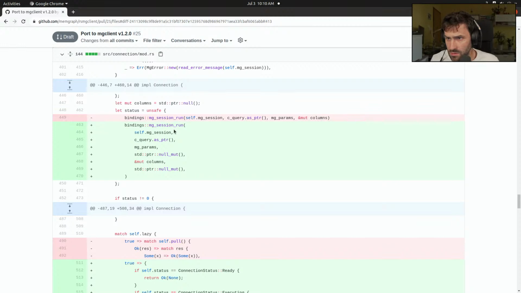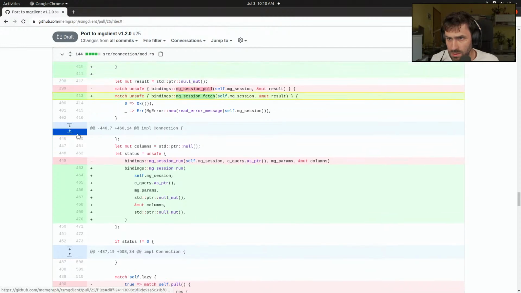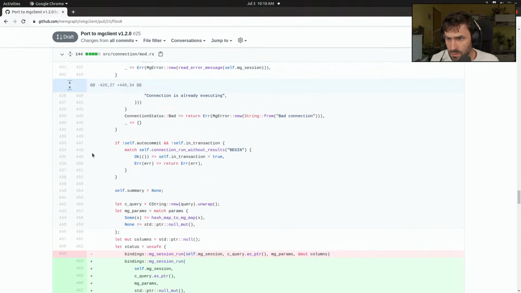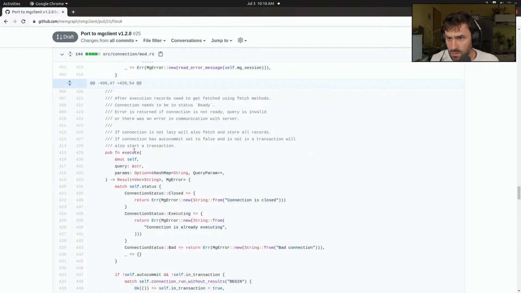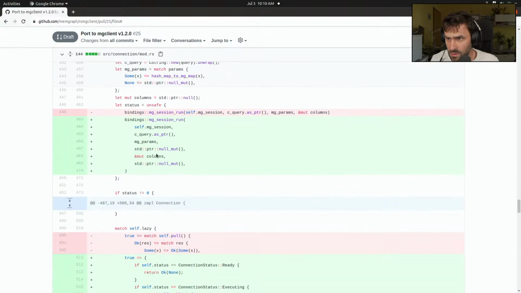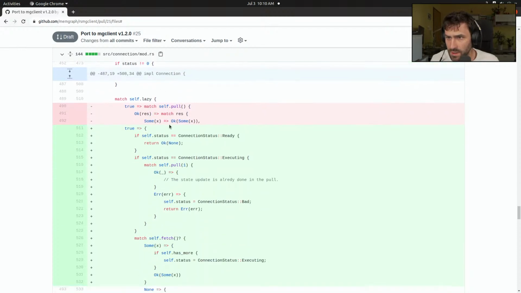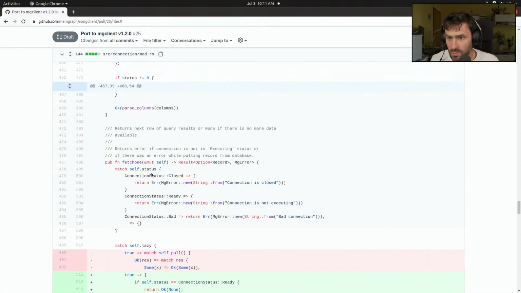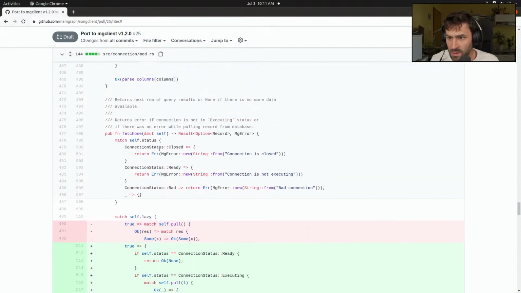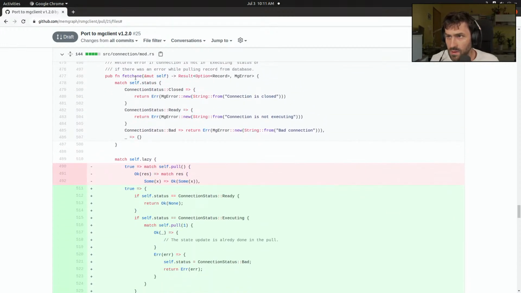Okay, and then mg session run. What about that? Where is that? Execute. So yeah, we run a query, and then that's null. Okay. Now we have the fetch one. Yeah, this is now interesting. So fetch one